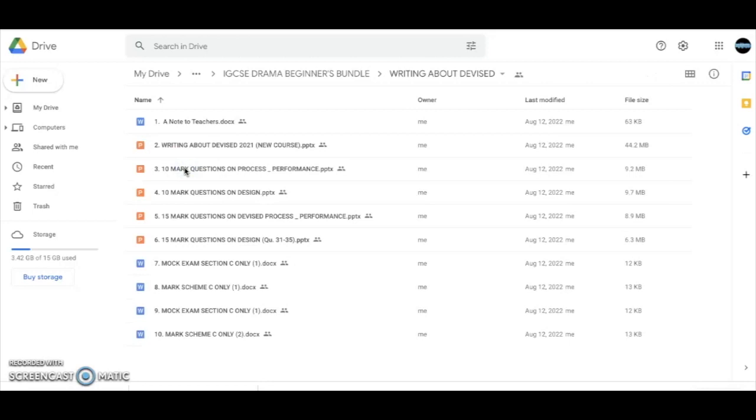And then what you get is the writing about devised, which is a massive bundle. We were really overboard when writing this because there were so many past questions to deal with. So there's a note to teachers giving you a little introduction to the resources, and then you get